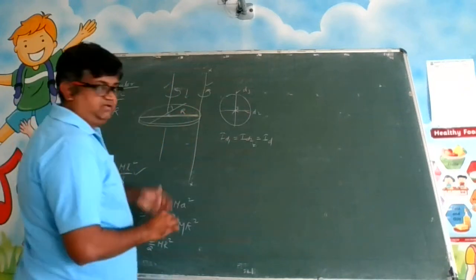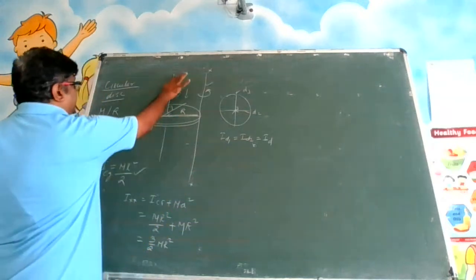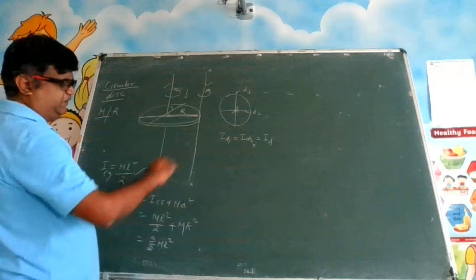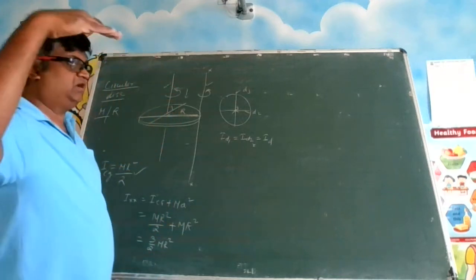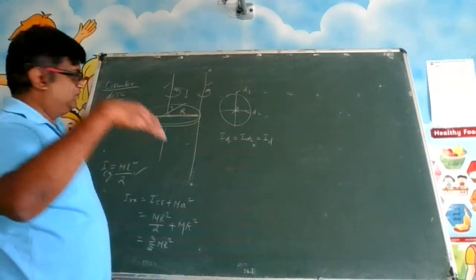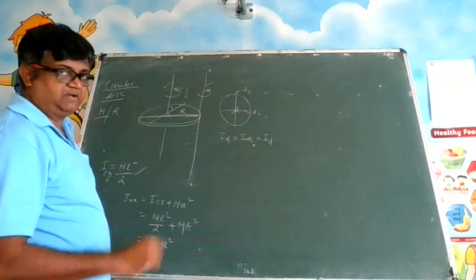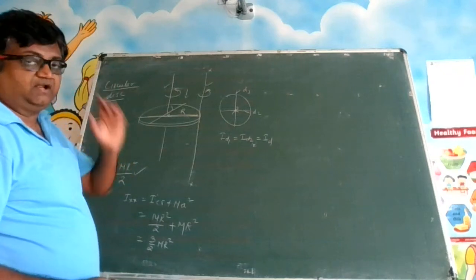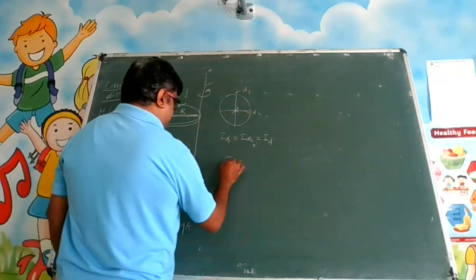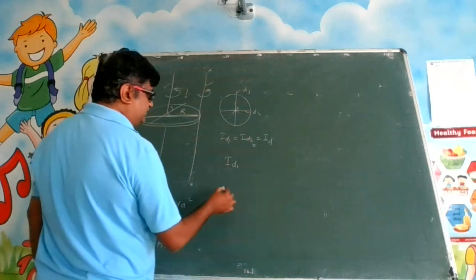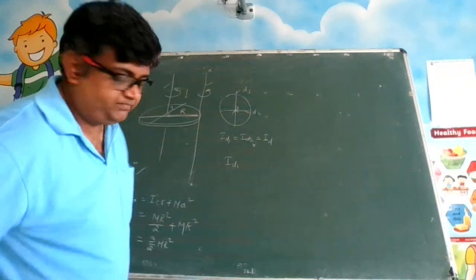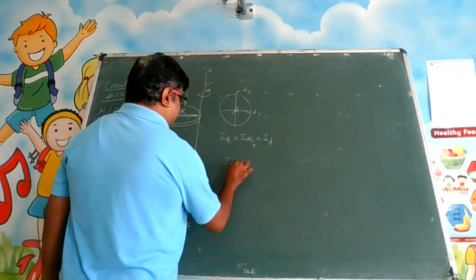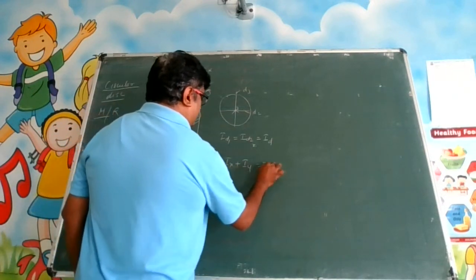This whole plate is in a plane, and this line is perpendicular to the plane. Plane means, imagine this board is a plane. So the axis is going perpendicular to the plane. Okay? I have taken two diameters which are mutually perpendicular to each other. So can we apply our perpendicular axis theorem here? We can apply. What was the perpendicular axis theorem? Because you are a little new, I will write the perpendicular axis theorem. Ix plus Iy is equal to Iz.